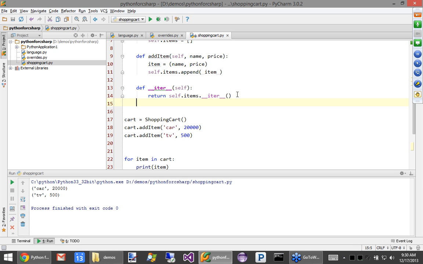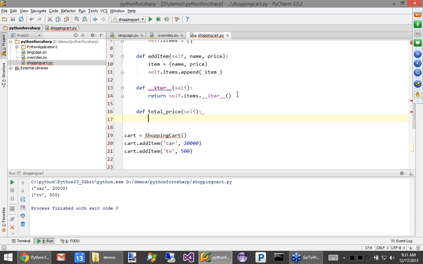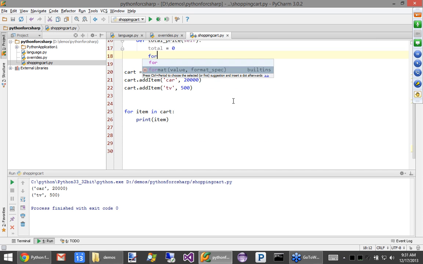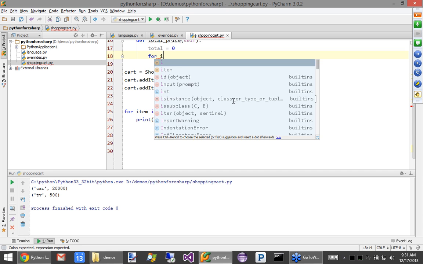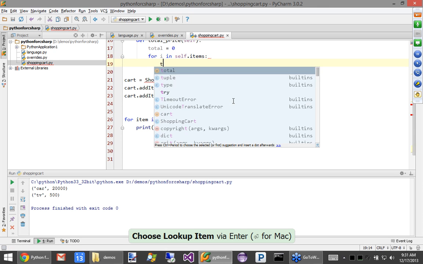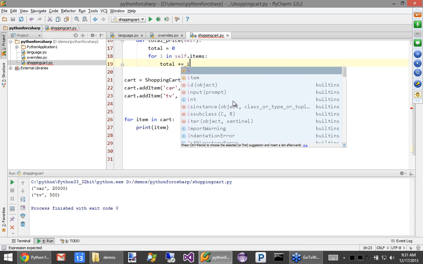We'll see that we can do the same thing over here. If we go back to this guy, we can say def total_price and give it self. Then let's say total equals 0. Then we'll just say for i in self.items, total += i[1].